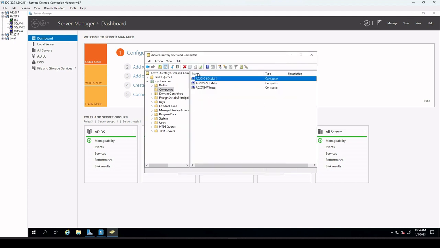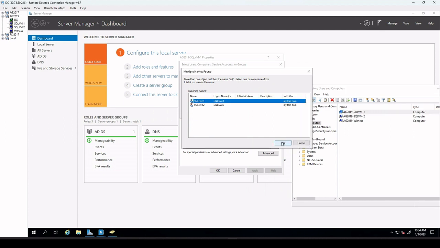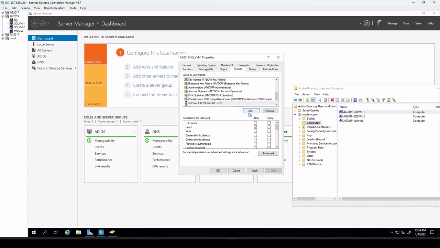Since this is the first computer, SQL VM1, we choose the SQL VM1 account and click OK. Here we go down and choose Validated write to service principal name. Allow. Then go to Advanced Features